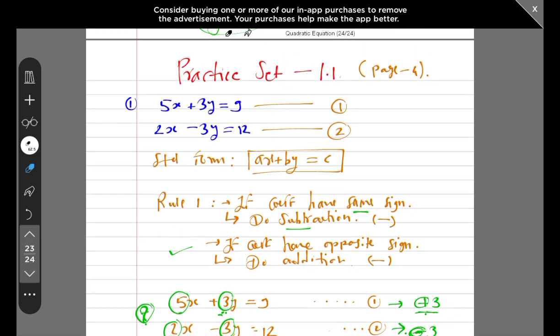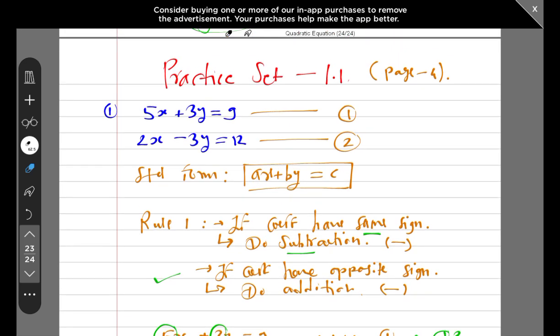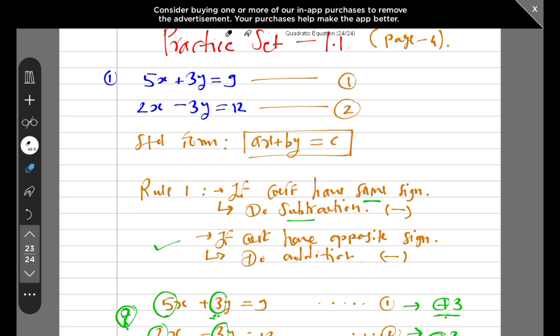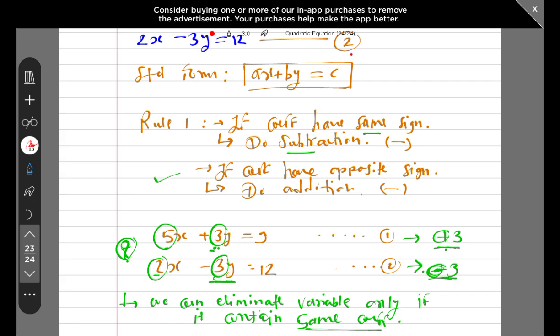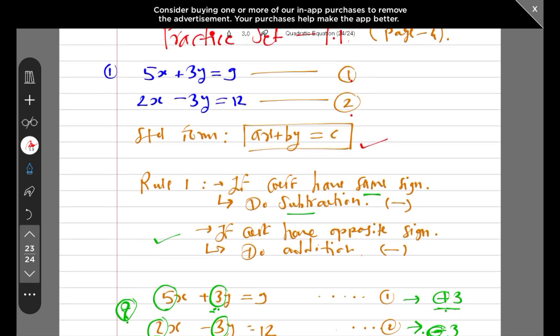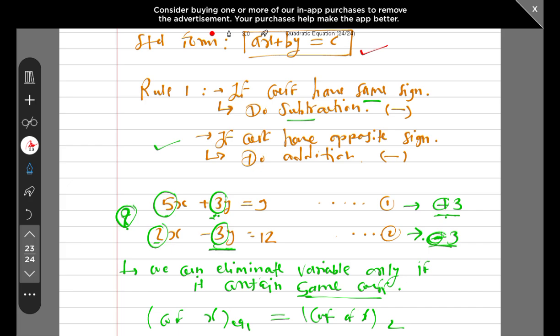So these simple steps you have to follow. Simply what you have to do: the equations will be given as per the problem. You have to just number those equations. So here I have numbered them equation 1 and equation number 2. Next, you have to check the standard format, whether these are in the standard format or not. If it is yes, proceed. If it is no, then you have to first convert into the standard format, right? Next,